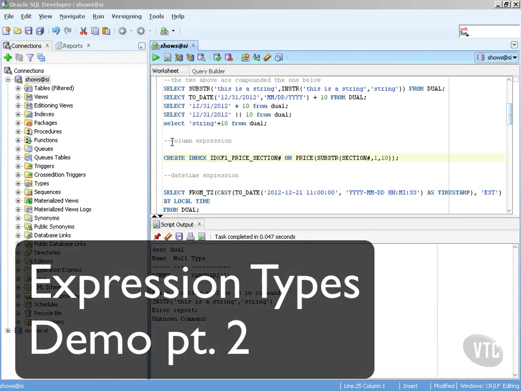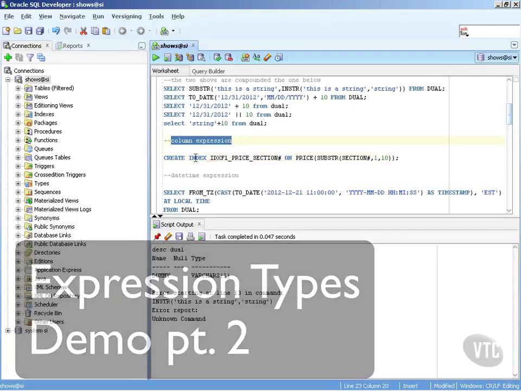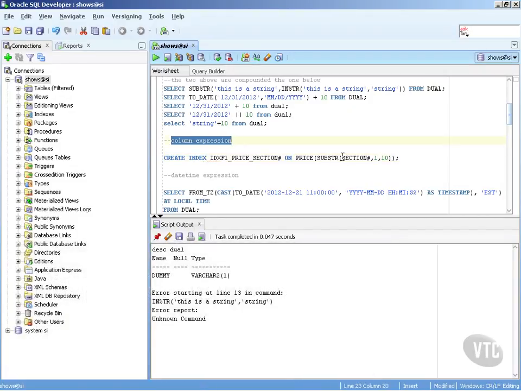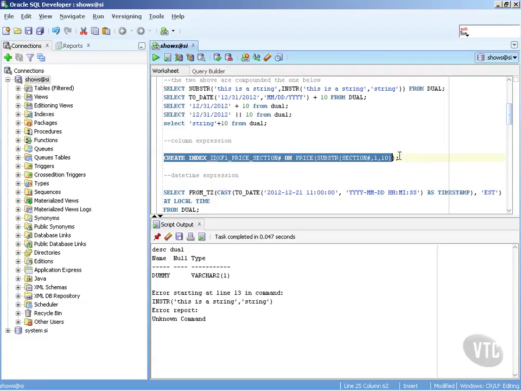Continuing from the last movie, a column expression implies that you use the name of a column from a table in an expression. I've applied a substring function to it to find the first 10 characters, and I've created a function-based index on it. Function-based indexes we'll look at in the indexes chapter later on in this course, but essentially all it's doing is it's taking